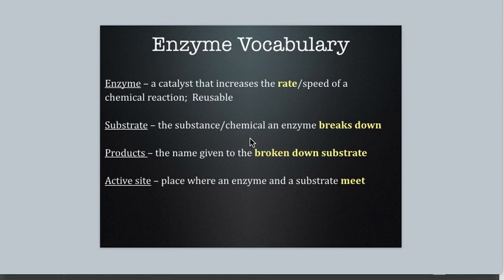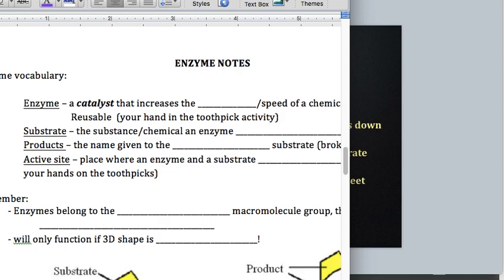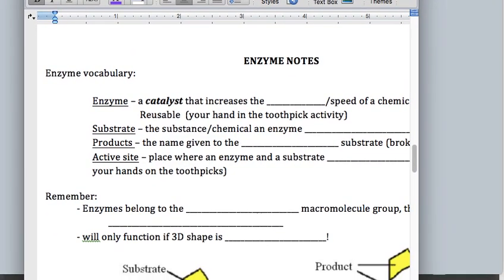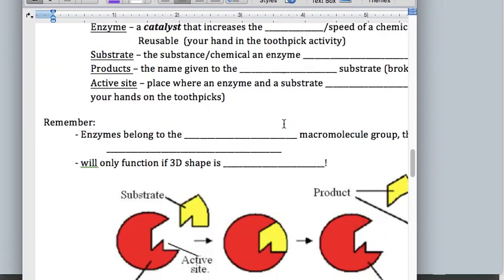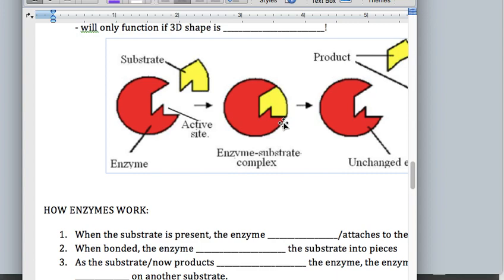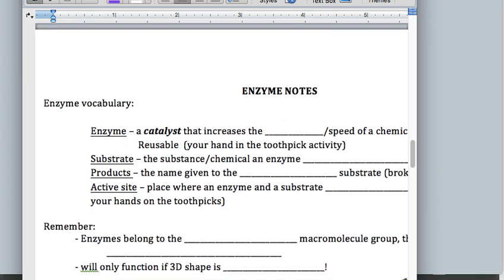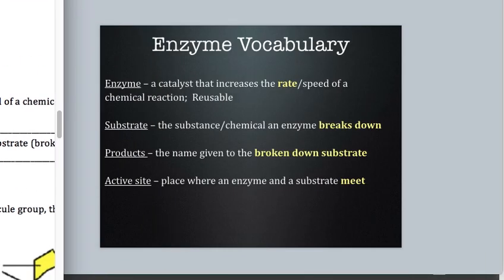Okay, you need to get to your section of notes which says enzymes. In fact, it looks just like this, enzyme vocabulary, and it should be the back page of your notes. Okay, so this is where we are now. All right, now,